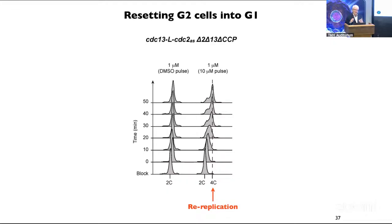It suggests there's no arrow of time in the cell cycle. It means you can slip backwards and forwards. And the reason you can do that is because the position in the cell cycle is identified by the extent of the CDK activity. So when you have low activity, the cell is in one place. When you have high activity, it's in another place. So you can shift where you are by changing the